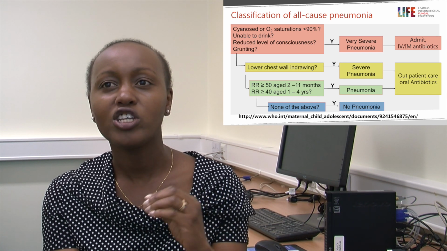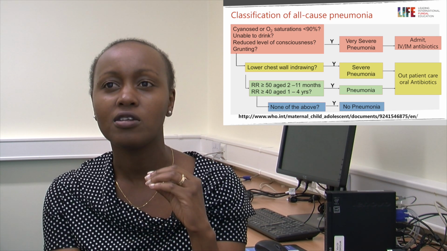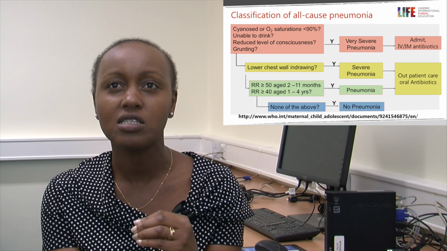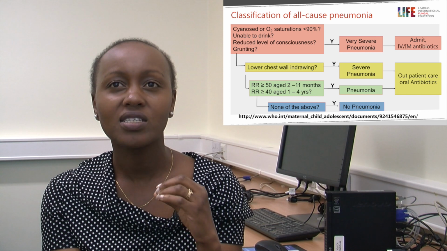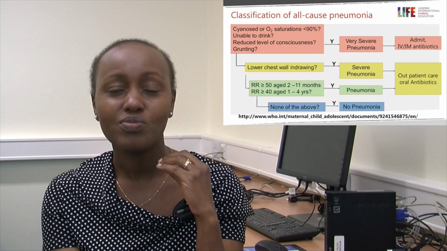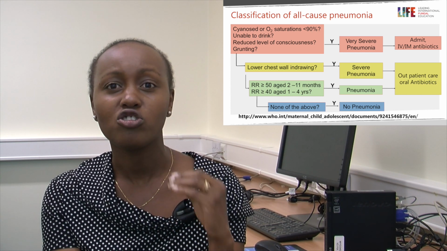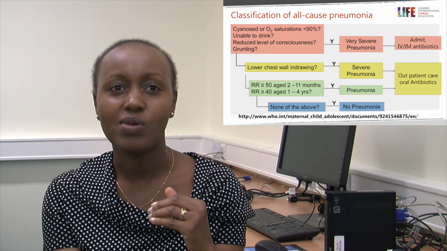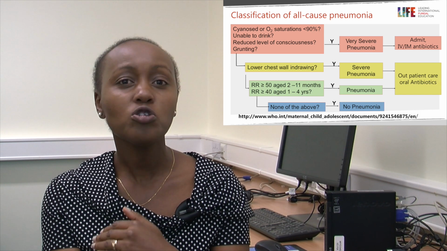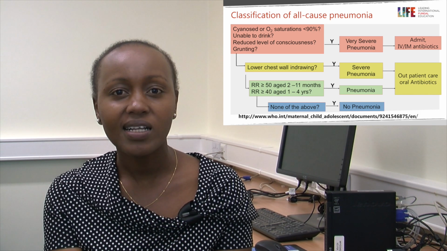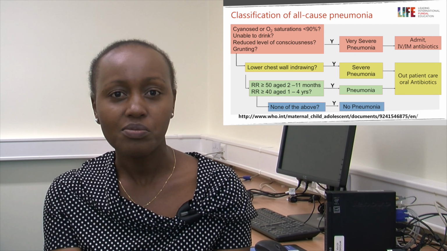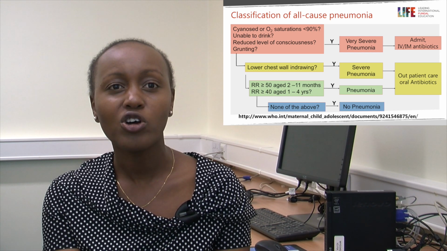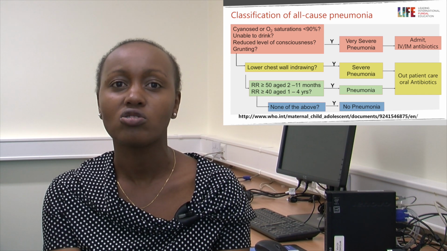So for the severe pneumonia and the pneumonia cases, you can do outpatient care at home and probably give this child oral antibiotics. For the child who has very severe pneumonia, you need to be admitting them, thinking about their nutrition, and thinking about intravenous antibiotics. Now, a child who is coughing or has difficulty in breathing and does not have tachypnea, this algorithm tells us does not have pneumonia, and you need to be looking for other explanations